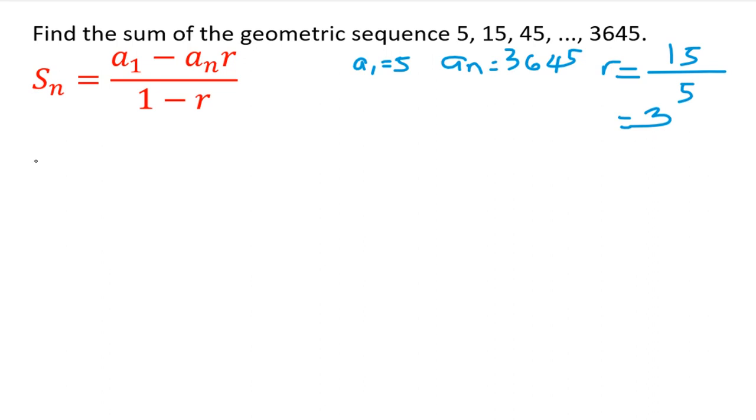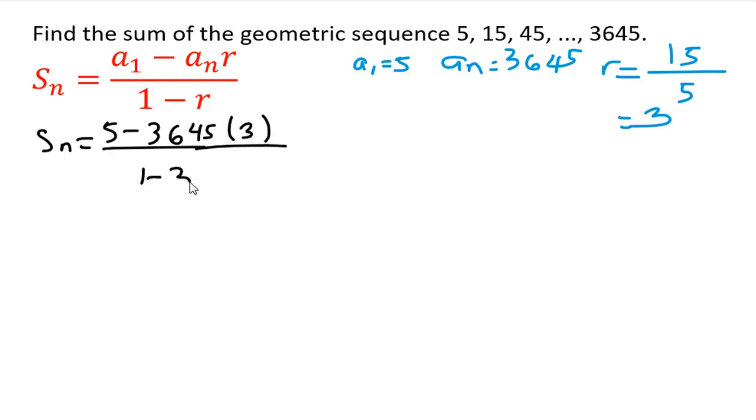Substitute na natin. So, S sub n is equal to, first term is 5 minus last term, so 3,645